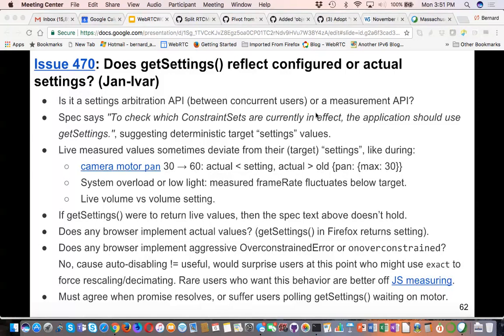There will be cases where the return will violate either the old constraint or the new constraint. It takes time for this motor to move. Will there be periods where it returns 40? Volume versus volume setting aspect.